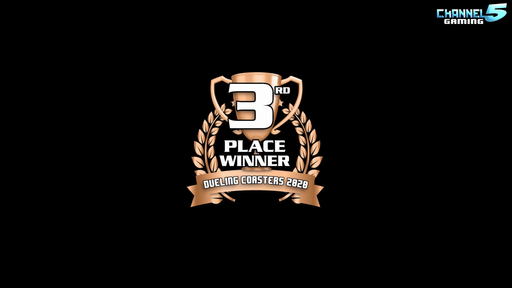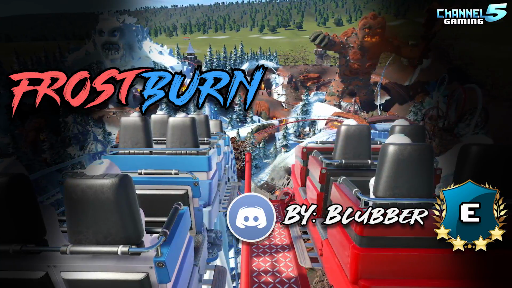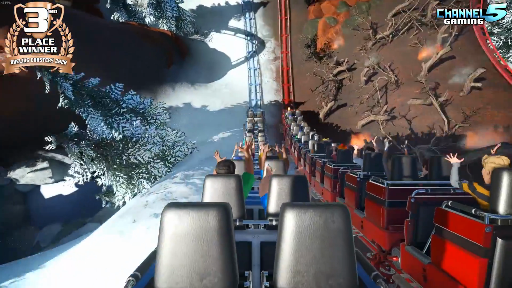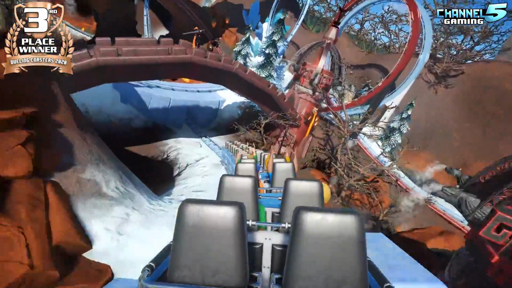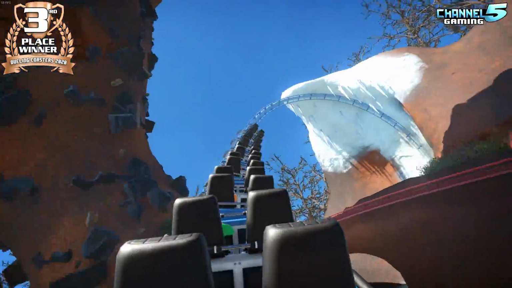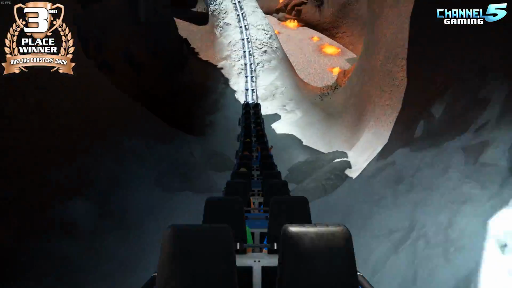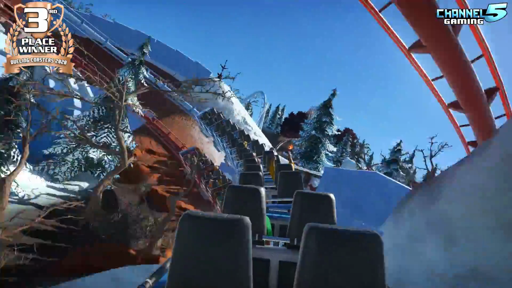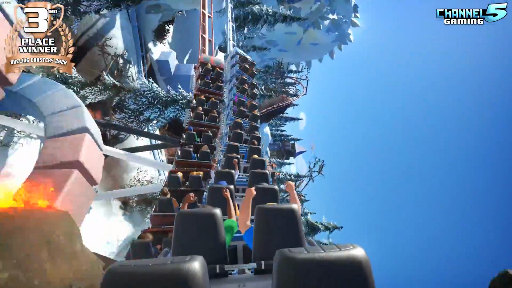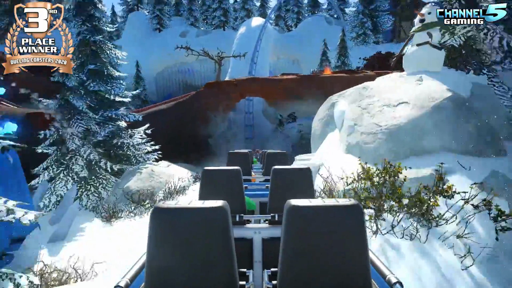And the 3rd place winner of the Expert Builder bracket goes to Frostburn by Blubber. Holy moly, this is probably the tightest of the entire competition in terms of trying to vie for 2nd place. Blubber, you basically had 2nd place, and then you lost 2nd place, and then you had 2nd place, and then you lost 2nd place. Every time I checked the voting form, you were in 2nd and then in 3rd, and this is the tightest I've ever seen 2 coasters compete,